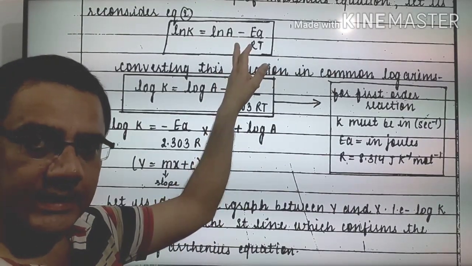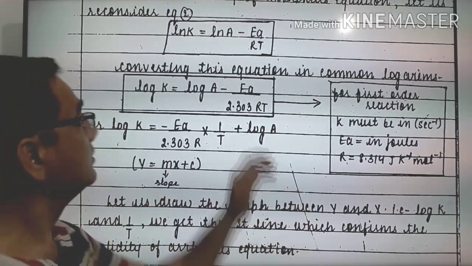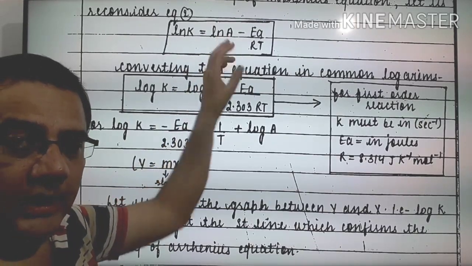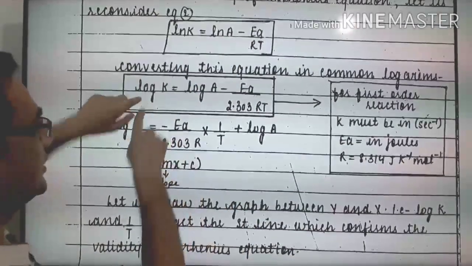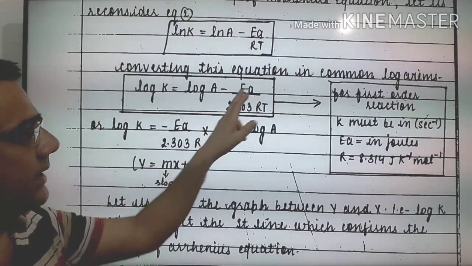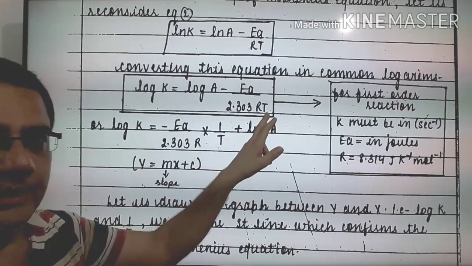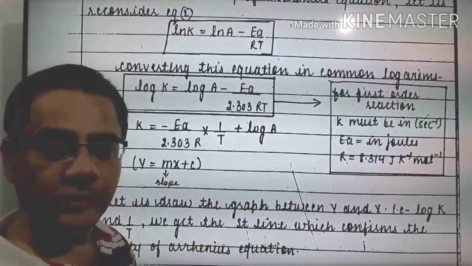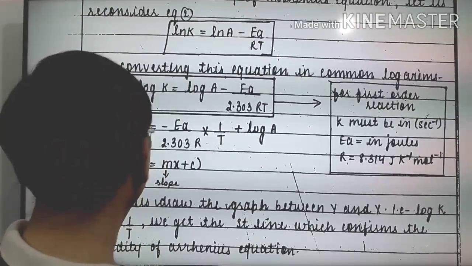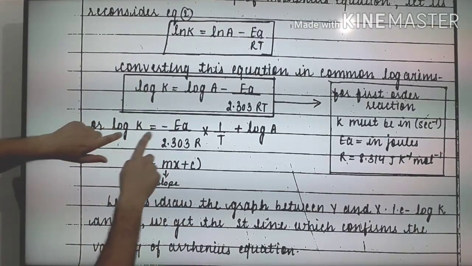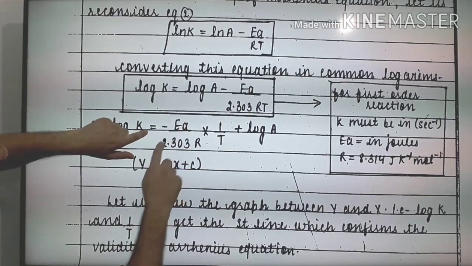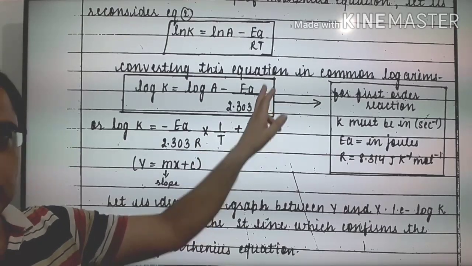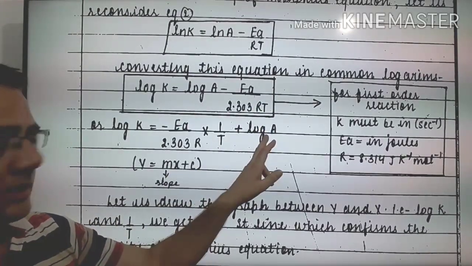Now this Arrhenius equation we will convert into the log form. Let's say this ln is 2.303 log, this ln is 2.303 log, and when we simplify, we get this expression: log K is equal to log A minus E upon 2.303 RT. We will try to prove the validity of this expression and convert it into y is equal to mx plus c. How? We can write this expression this way: log K is equal to minus E upon 2.303 R multiplied by 1 upon T. This T we separate out, 1 upon T, and this log K comes on this side.